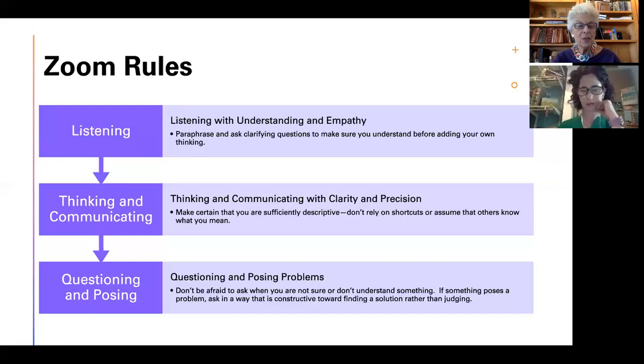Notice that the Zoom rules encourage interaction with one another's thinking. They are not just to say, you've got your little square, it's your turn, and now you can say something you want to say, and then the next person doesn't even have to build on that. So how do we really create that? And I think the intention here is that knowing the structure of the platform you're using,